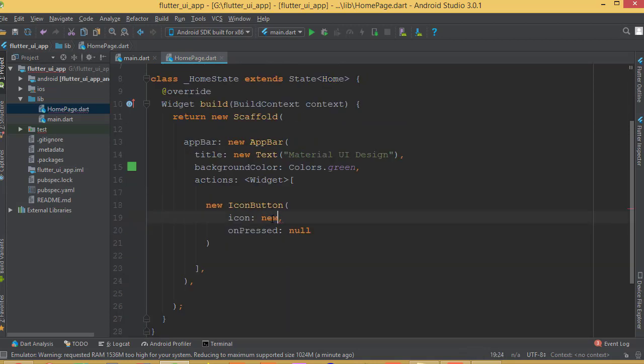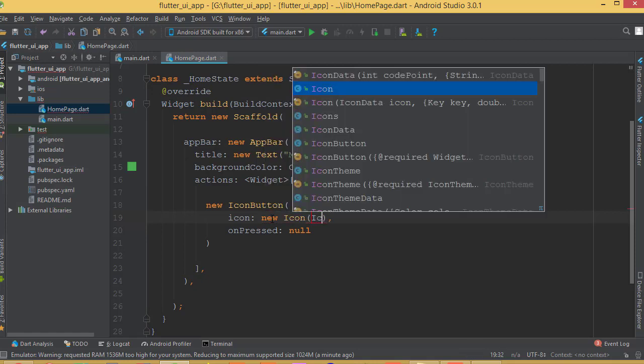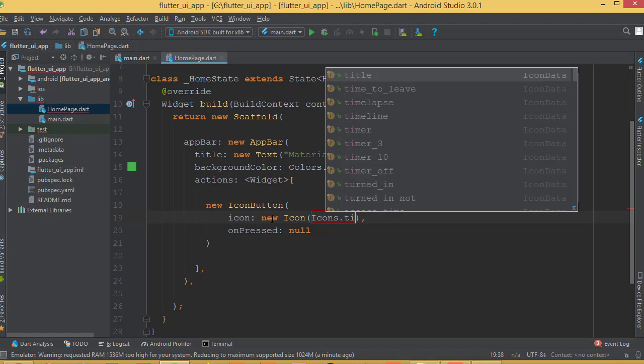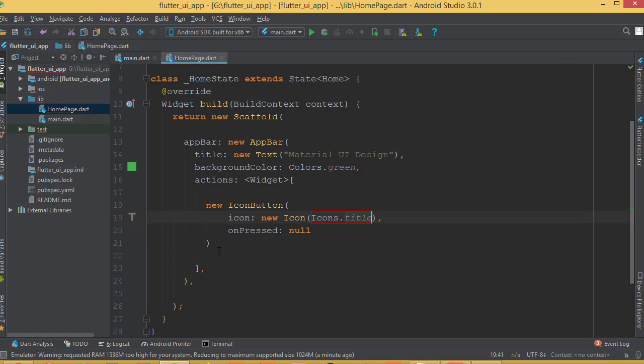So icon is going to be a new Icon, and Icon has an Icons property, Icons dot, and you can say the title. Okay, now this onPressed, in here for now just add a debug print, so that if we click this button we will see a message in our console, and in here we can simply call it title. All right,